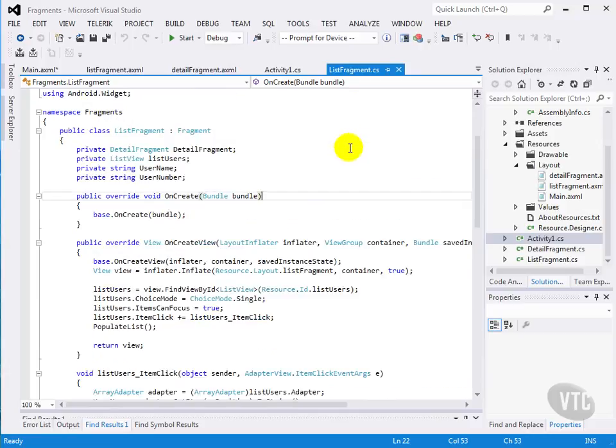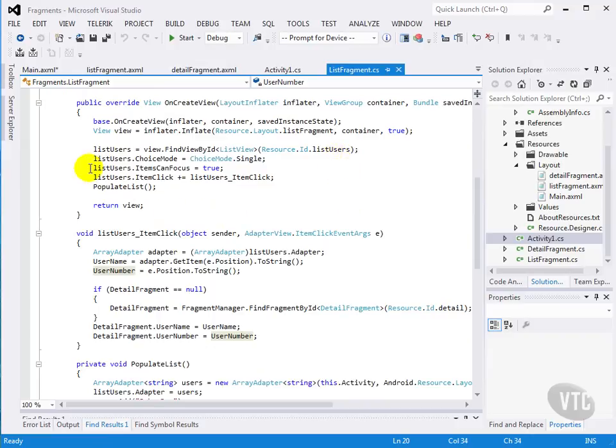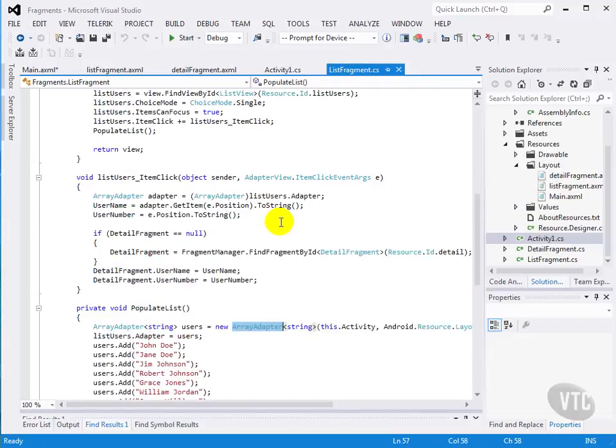Our list fragment has a reference to the detail fragment, and we'll get to that. It has our list view and then some private variables for the username and number that we're going to pass. And when we create it, we set up our list and populate it with users, just using a simple string array adapter. So nothing special there. And then when the item is clicked,